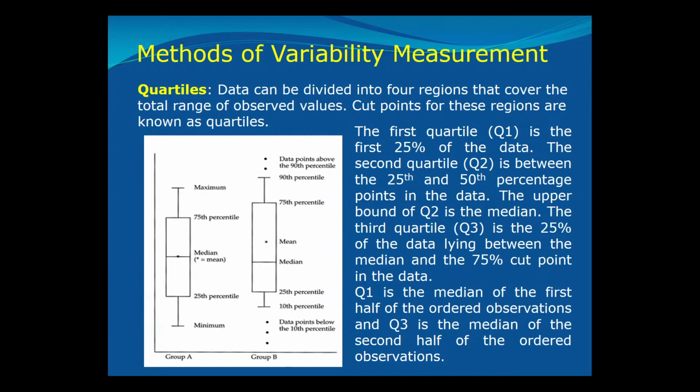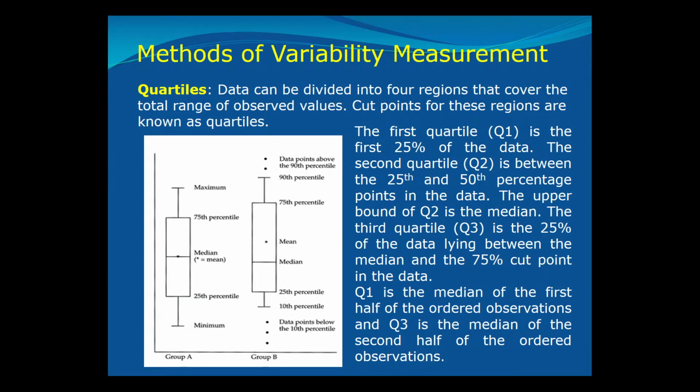To describe numerical data, we can use a graphical method, and we should use the box and whiskers plot. This type of graph is called a box and whiskers plot. And in this box and whiskers plot, we use quartiles. Quartile is